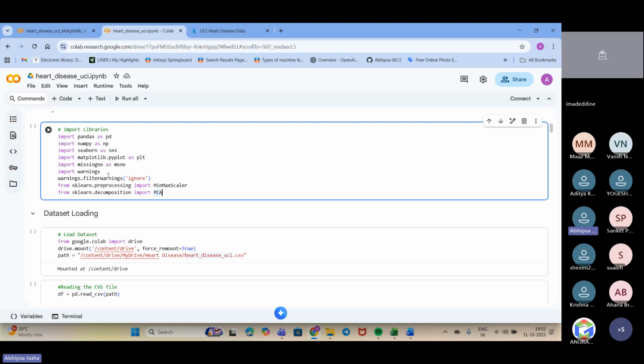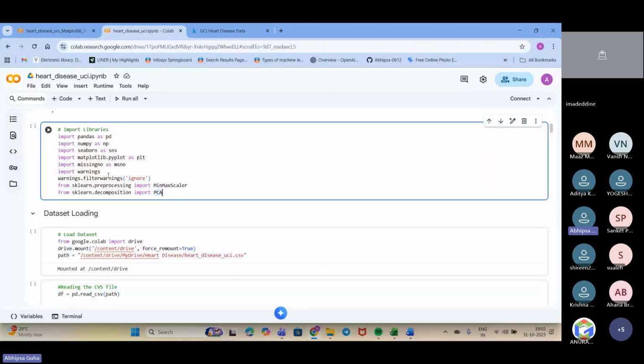PCA is a dimensionality reduction technique, because it reduces the number of features, the columns, in my data set while keeping most of the important information. We specifically use it for high dimensional data, meaning anything that contains many features.